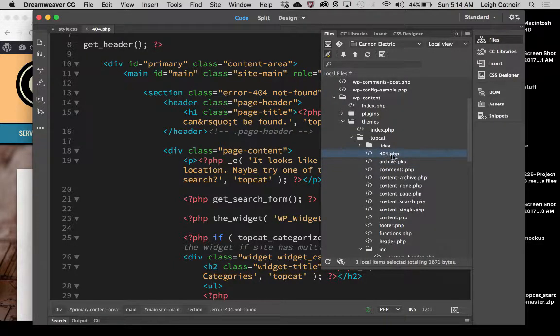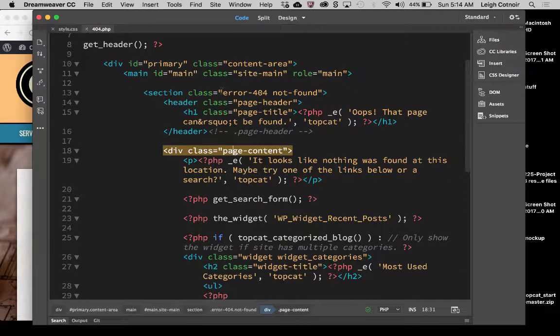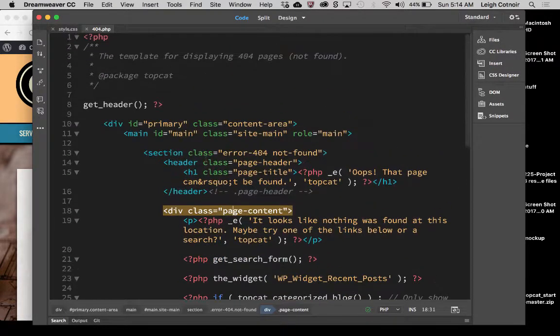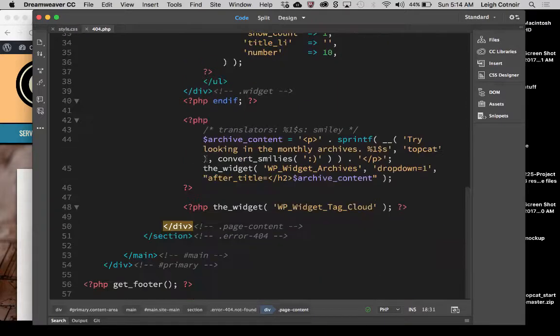It's right here. It's the error page, but it's called 404.php. And this is the page that you can look at to get an idea of what's going on. So one of the things you'll notice down here is that normally in your other pages, like archive and search, and you can open them to check if you want, you also have something else that you're missing right here,